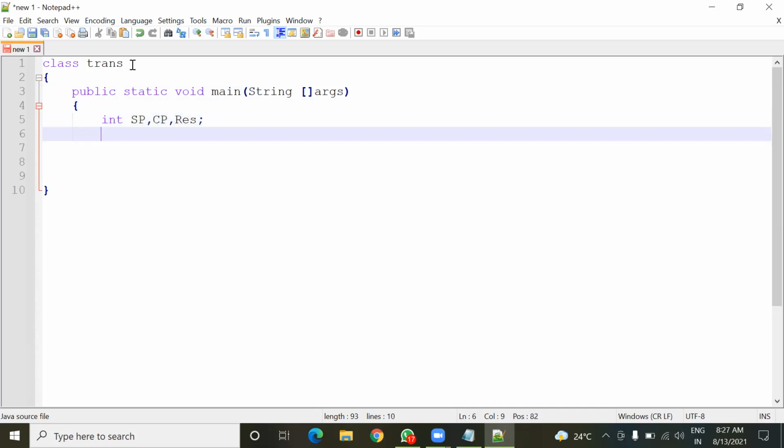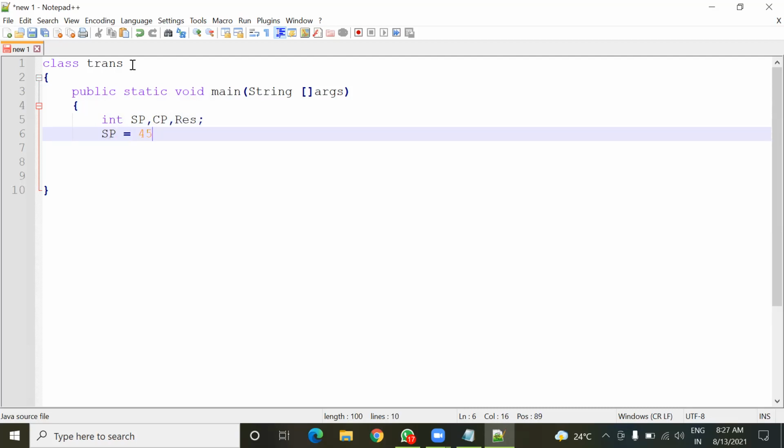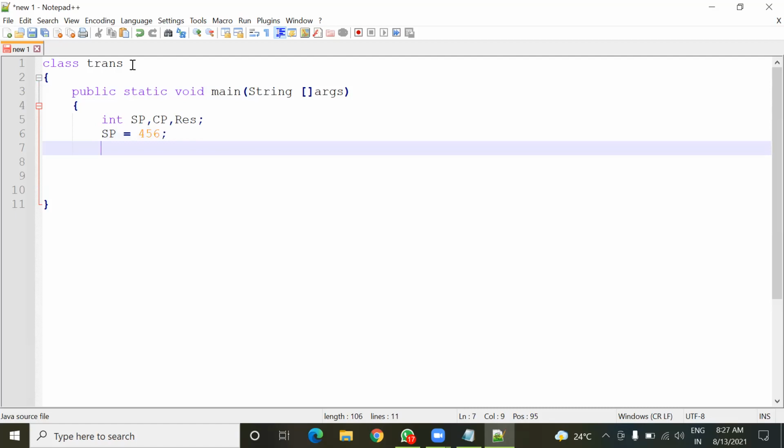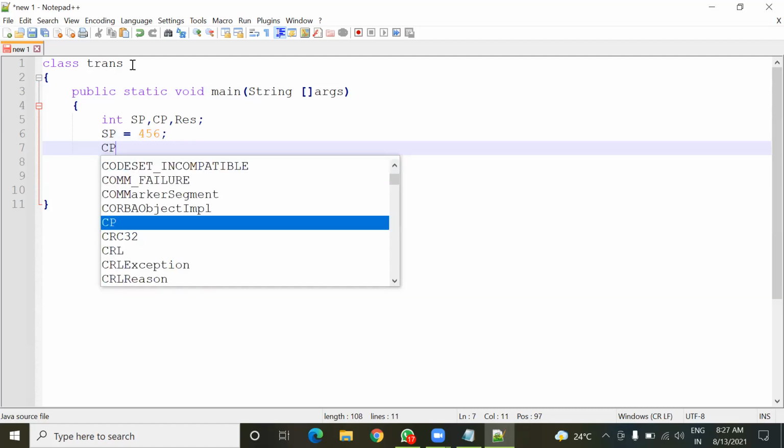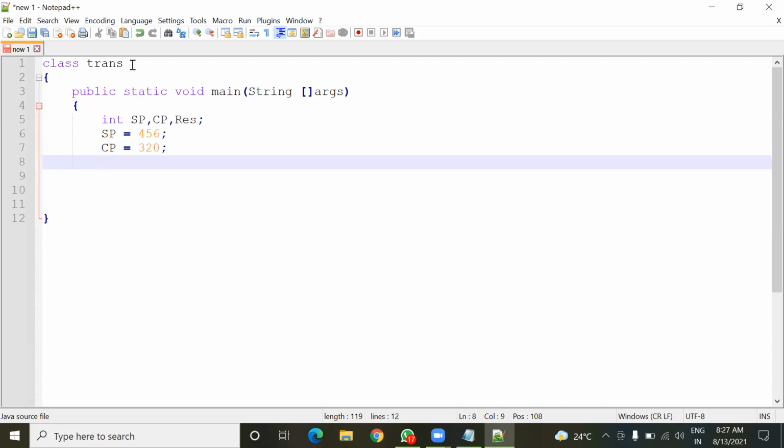Okay. Now here in sp I'll have to provide the value, so I'm going to provide any random value, 56. Here in cp also, cp equals 20. Now here I have to find out profit or loss, so I will use this conditional operator. So sp greater than cp.